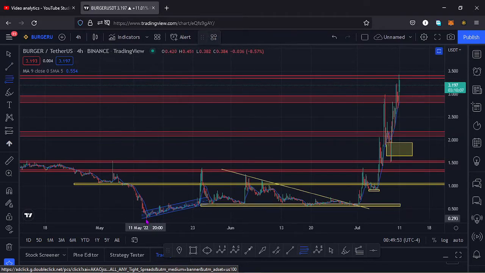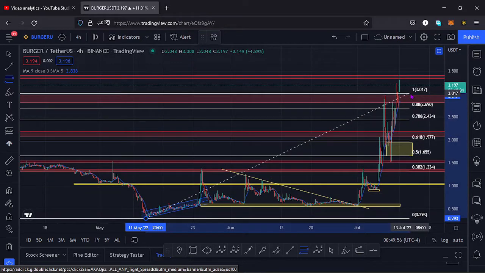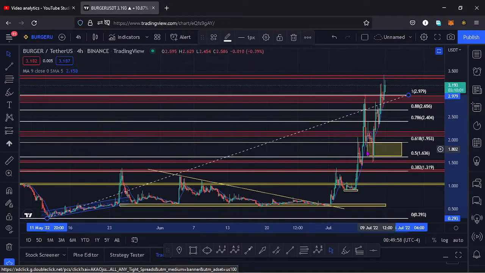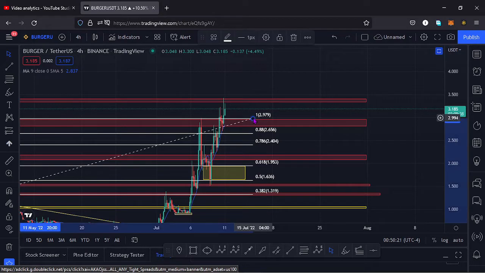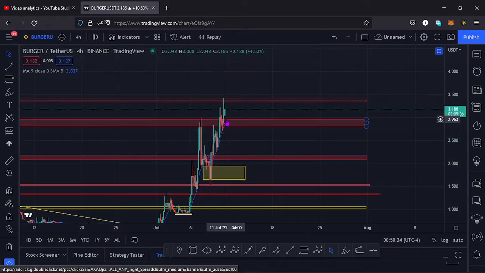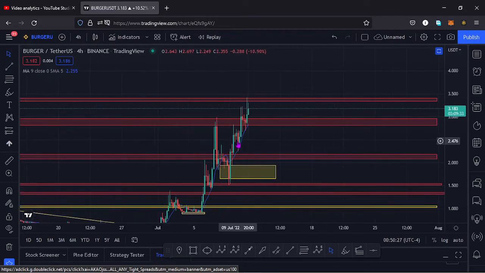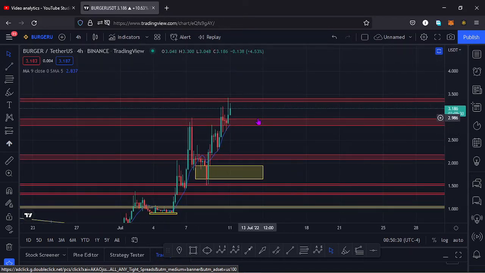So if I apply the fibs from this low down here to that high that we made that day, you can see that my yellow target down here lies between the fib level 0.618 and the fib level 0.5, and the price of Bureger respected that, coming down to that yellow target, and then started seeing higher prices in that move to the upper side. And in that move to the upper side we have also broken above key areas of resistances, and at the moment we have also broken above a key area of resistance between the $3 mark and the $2.81 mark,